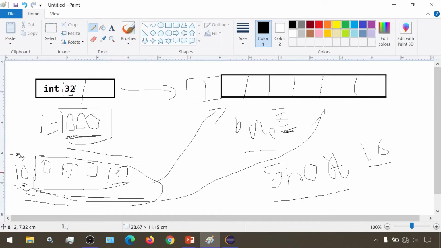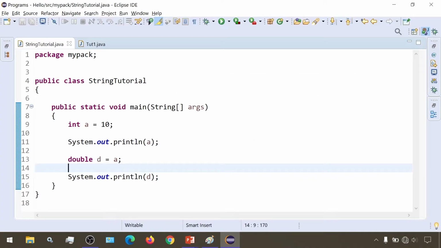So for this 1000, or suppose this 10,000 value, the binary sequence might be bigger than 16 bits, so short might not be able to store that. If these 32 bits are converted into short, there will be data loss, and in this case it won't happen automatically.